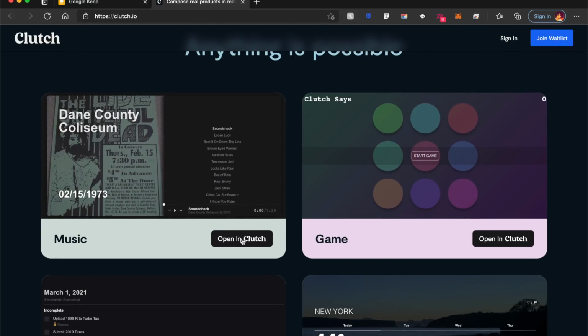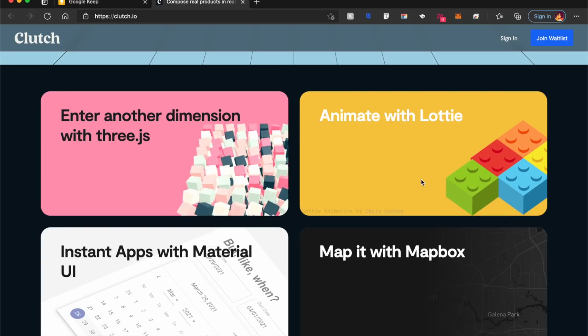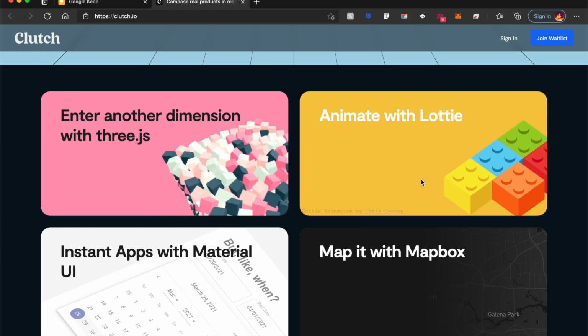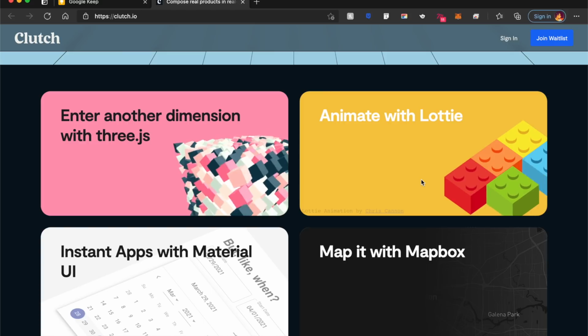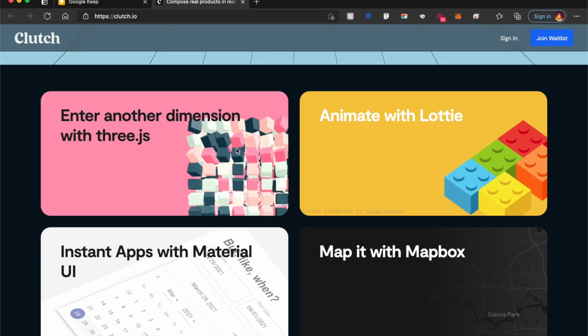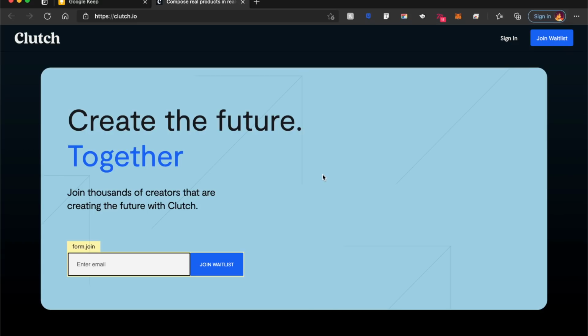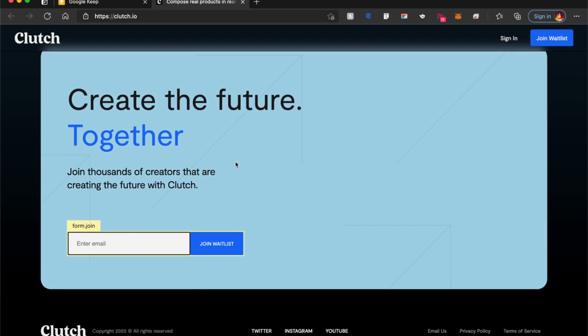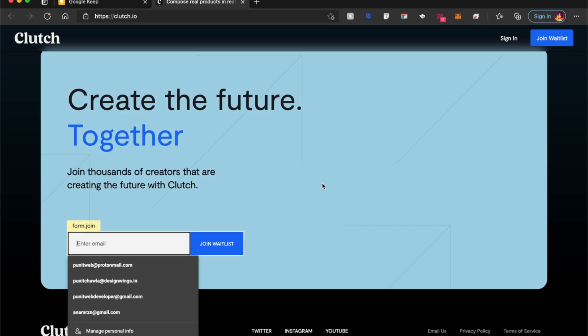You can always open this app and see how it works and see how it was designed. There's even a game. A huge cherry on the top, there is Lottie support. So you can create animations that you see on a lot of applications. Also, you have Three.js support. Again, it is not available for public right now, which is so sad. Go ahead and sign up for their invite right here. I hope you get the invite if you do.